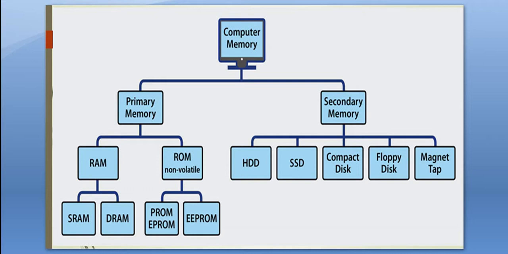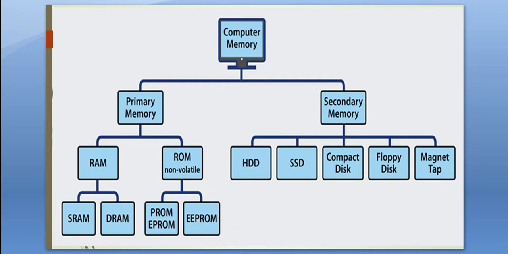RAM has two parts, SRAM and DRAM. And ROM has three parts: PROM, EPROM, and EEPROM. Secondary memory is divided into five parts: HDD, SSD, compact disk, floppy disk,